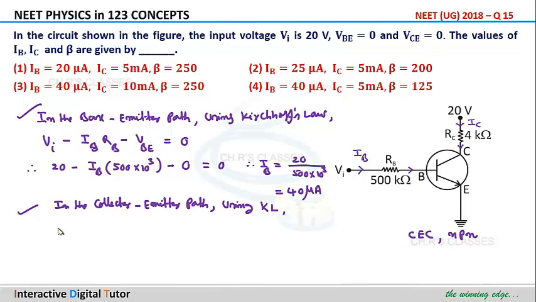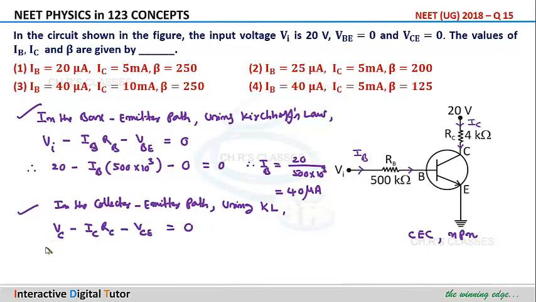Here 20 volts, this is actually VC, input voltage, and here VC minus IC, the collector current, into RC minus VCE, collector emitter voltage, again is equal